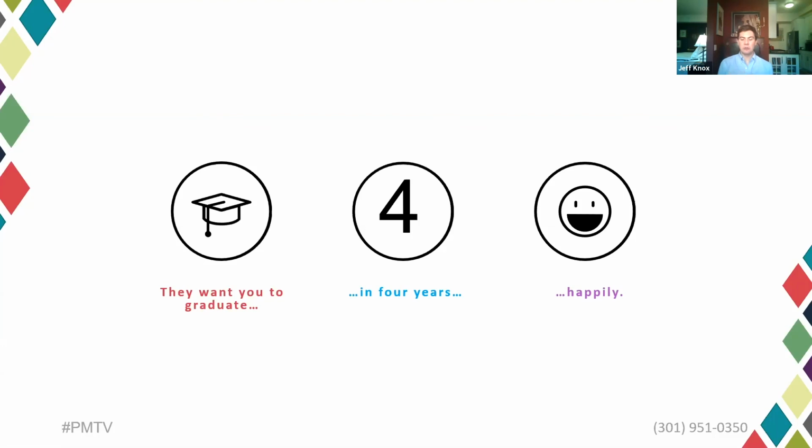And so the conclusions they can draw about you through this writing, if it helps them know that you can do these 3 things, you will graduate, you'll do it in 4 years, and you'll be happy as you do it, that helps them a lot. And how you show that to different colleges will vary, because colleges are different, right?